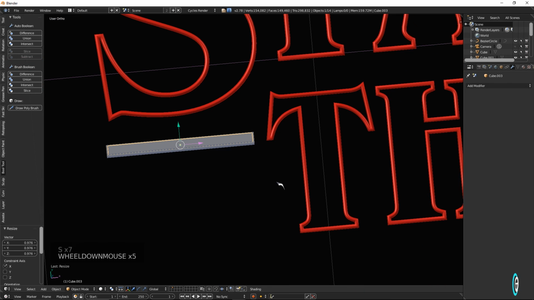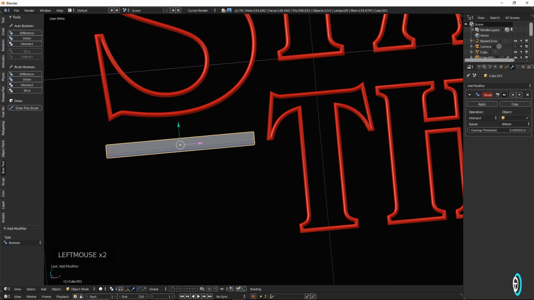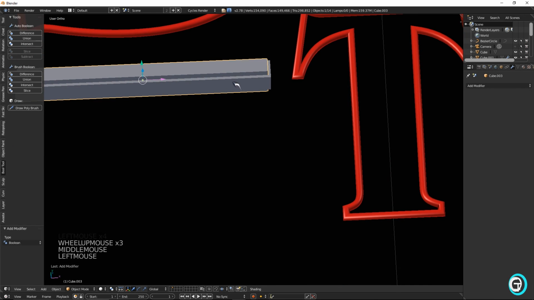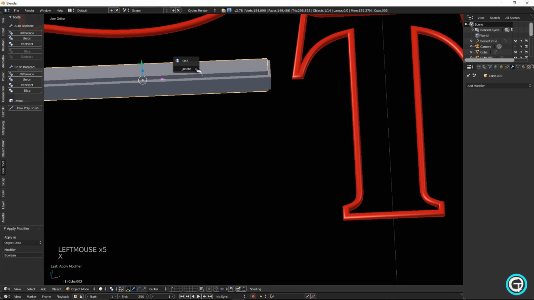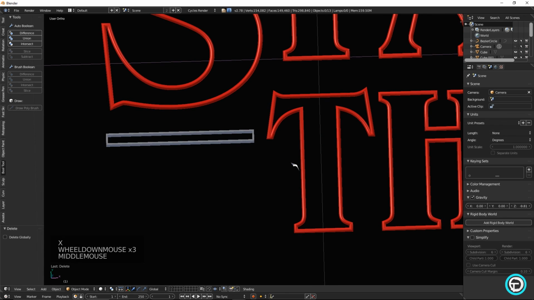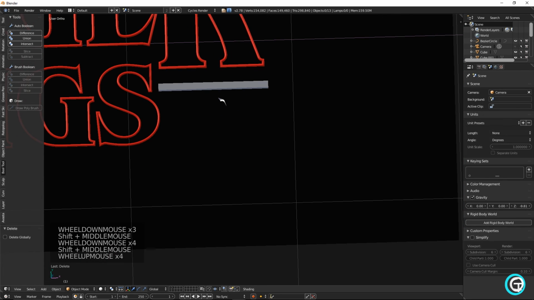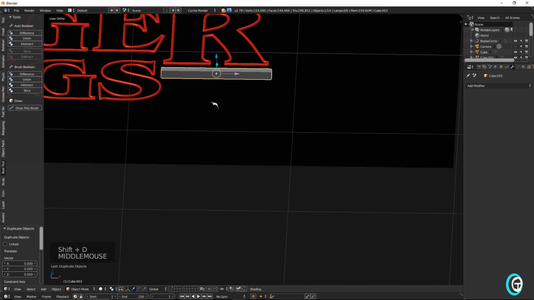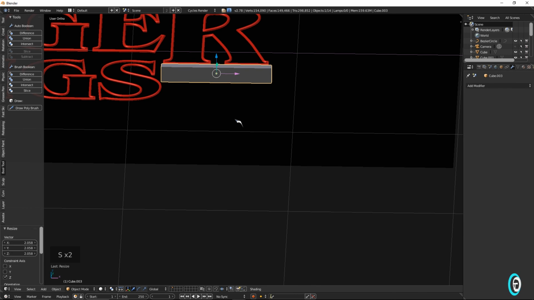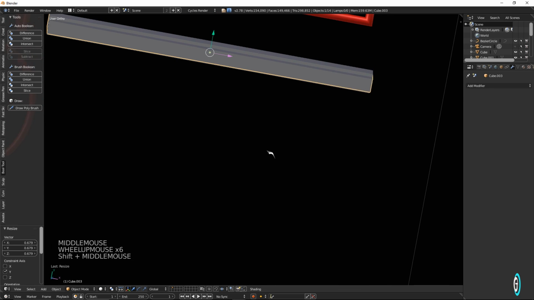And then let's click this bottom one here, and let's go back to add modifier, Boolean. Let's click this picker, and let's click the top one, just like that, and difference. And then let's click back here, and let's apply it. And let's X, delete that middle one, and you'll see that. And let's do the same thing here. So Shift D, let's click to lock it in, scale it along the Z axis, scale it along the Y axis, scale it along the X axis,